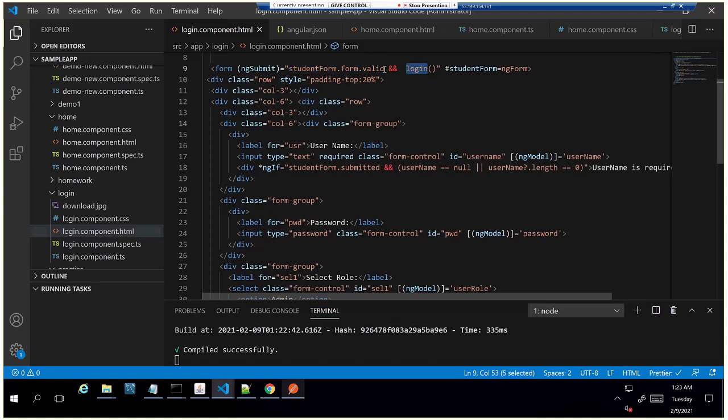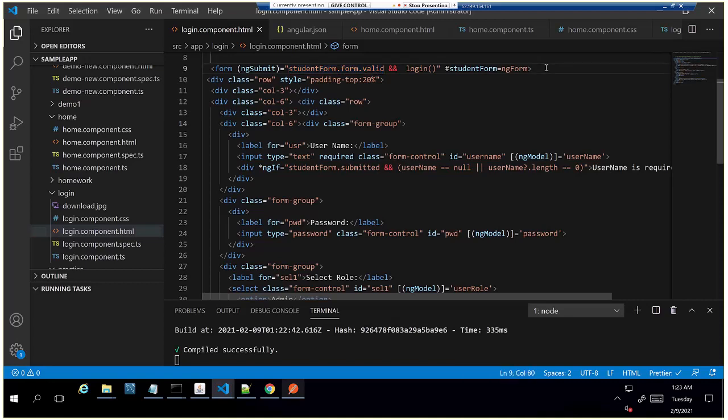Otherwise, we can do one thing more. We can get the object from here, and inside the login method, we'll check whether the form is valid. Then only we'll make the REST APIs. Otherwise, no. I think then again we are anyway going back to the server, not server, at least business logic, right? I think business logic, this is fine, right? This is okay. We'll check the value of this form.